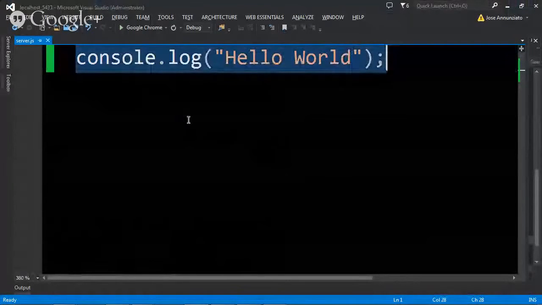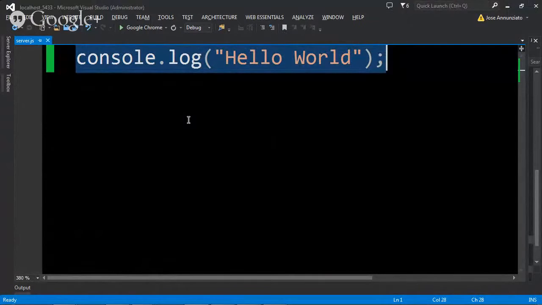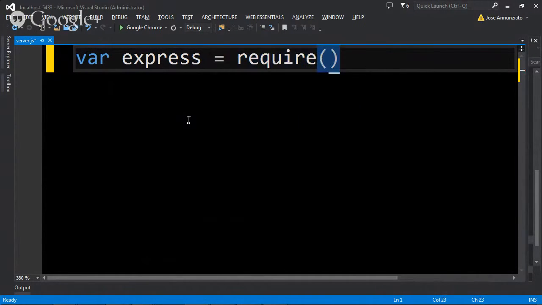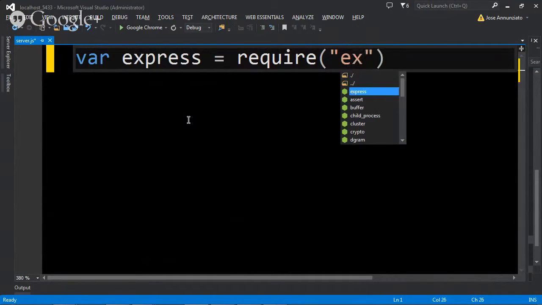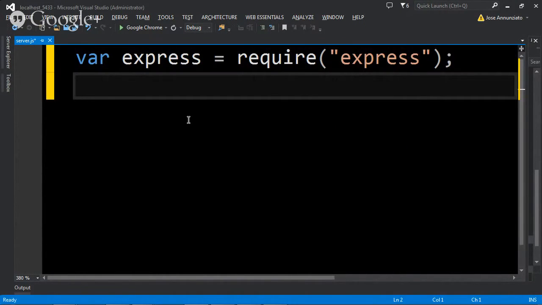What we want to be able to do here is load the Express package from Node. Just load it. And the way we load it is by using require and then the name of the package. This is the equivalent of importing, or of including, in either C# or Java. You import a library, and it makes it available in the variable Express.